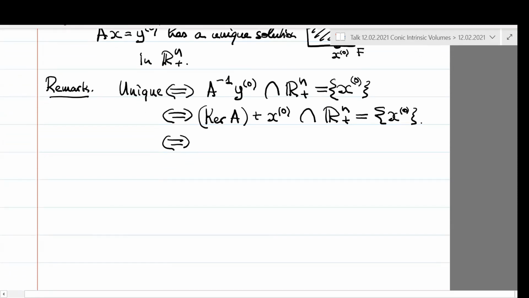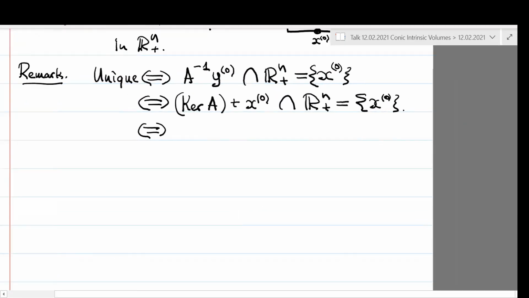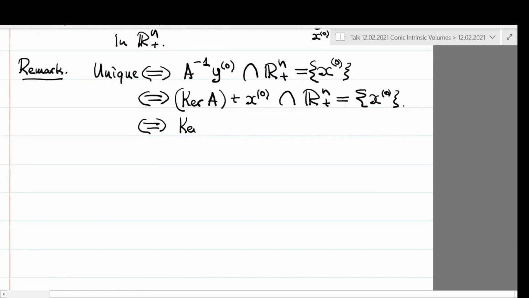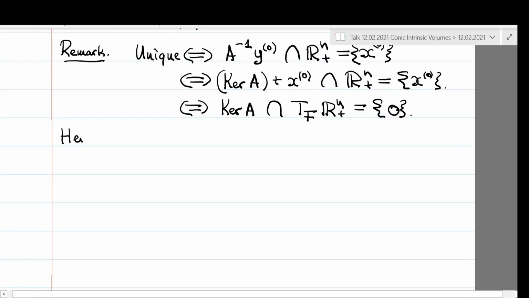And that's why we can write it as follows: the kernel of A intersected with the tangent cone at x0 of Rn plus, I denote it in this way, and I will define it in a moment, is trivial. Here, the tangent cone Tf of Rn plus